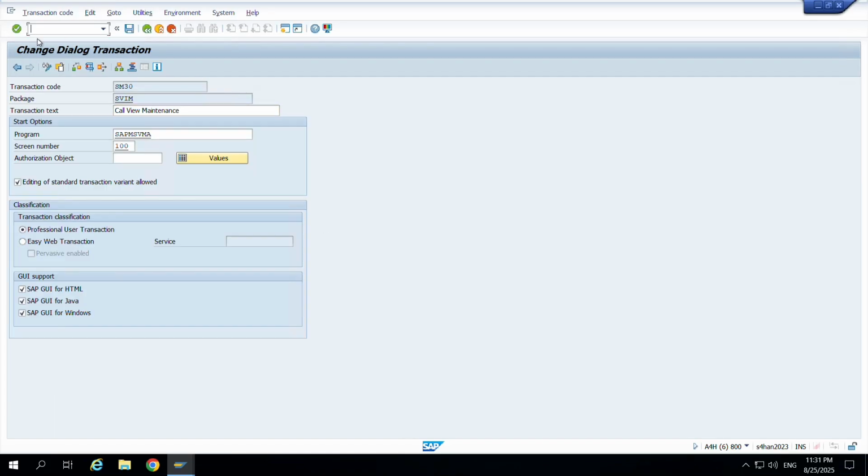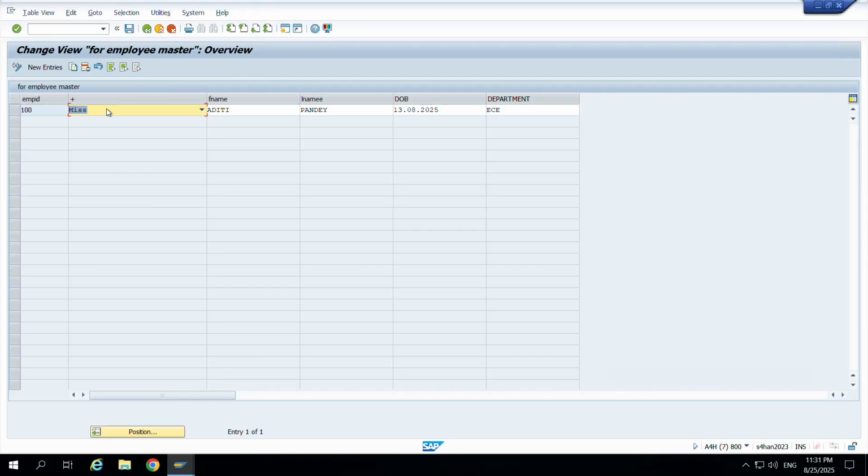So go to SM30. We have passed update in place of value. That's why here it is giving an option of update. We can select the option this way. Here I changed the first name to Aditya and saved it. Data was saved. So we can do CRUD, update, insert, delete through the front end without any coding, because